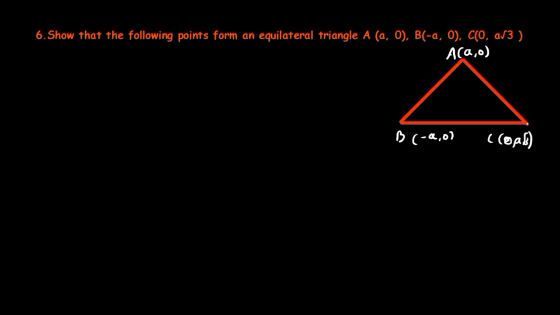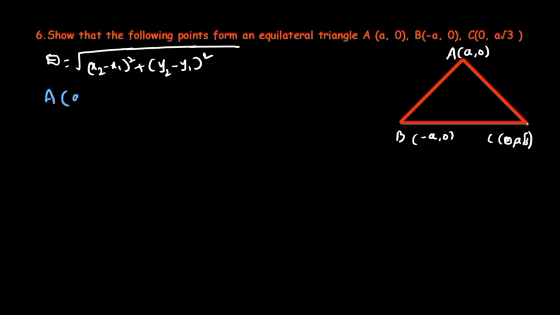Now we should find the distance between the 2 points. So what is the distance formula? The distance formula is root of (x2 minus x1) whole square plus (y2 minus y1) whole square. So now we are going to find the distance AB. Point A is A, comma 0 and point B is minus A, comma 0. So this is x1, y1 and this is x2, y2. So AB equals